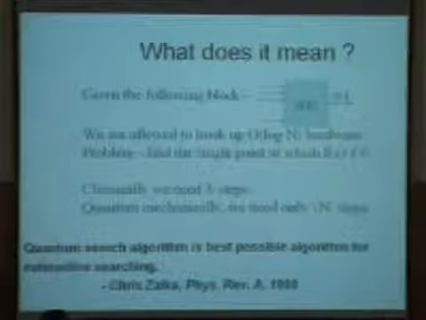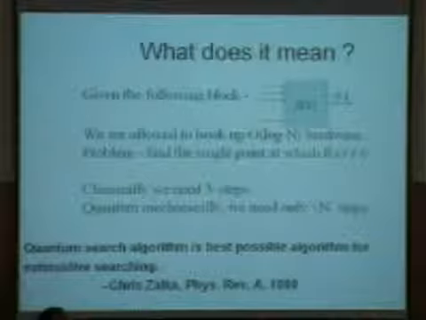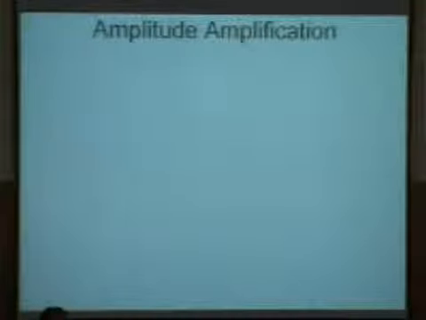Another interesting result was that we could not do it better than square root of n steps, which was quite surprising. A year after this quantum search algorithm came out, it was realized that we could not do better than this quantum search. But the area which proved to be much more fruitful was applying this algorithm to other problems, because it was something that could be adapted very easily.